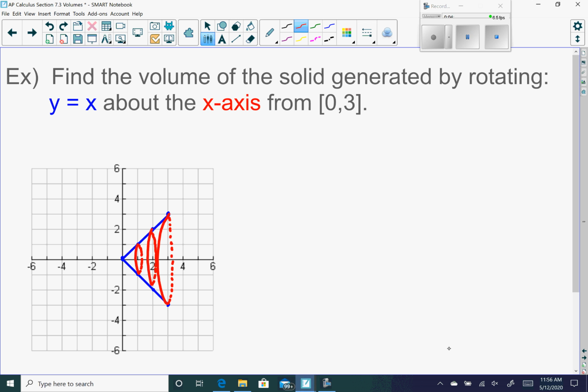Now, if you notice, this is a nice three-dimensional geometric solid that we're looking at, and we do have a formula for this. As we keep revolving this, it's just giving us the shape of a cone. But before I talk about that, there are going to be two ways to do this. I'll show you the calculus way, and then we can go back to the formula for the volume of a cone. Each red circle here, I'm going to call a slice. So each slice